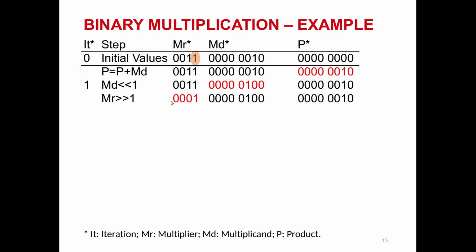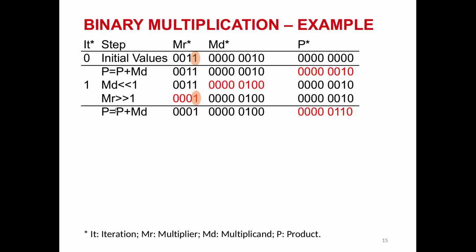And so we have this new value for multiplier, and we will move to step 2. At that time we need to check the least significant bit, bit 0, of the multiplier. This value is 1, so we know that we will need to add the value of multiplicand together with the value of the product, and so